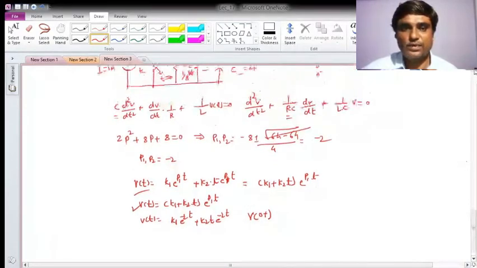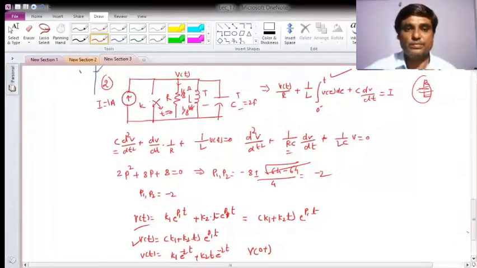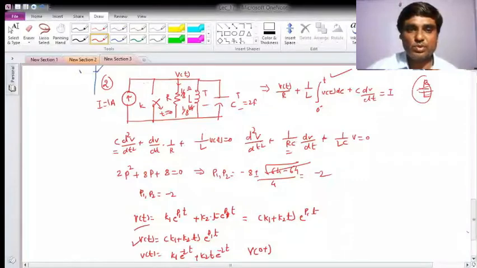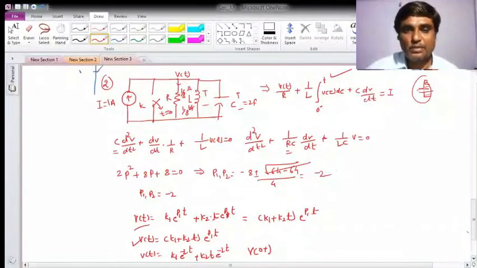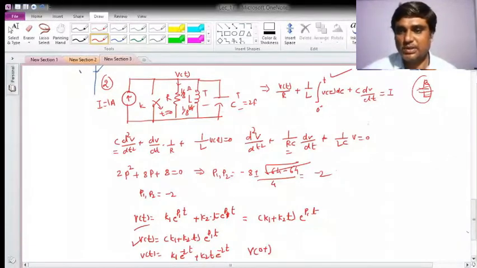Let us come to the circuit now. Previously, assume the switch was closed, all the current was going through it, so I can say that inductors and capacitors are initially relaxed. When the switch is open, current starts going into R, L and C, but suddenly when the switch opens, what is happening? Your L becomes open circuit and C becomes short circuited. So due to this, your initial voltage, V of 0 negative, was 0, and this is also equal to V of 0 positive.